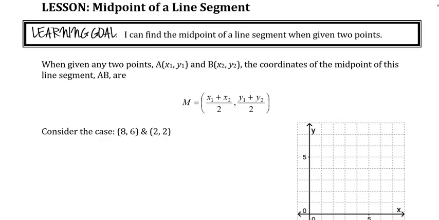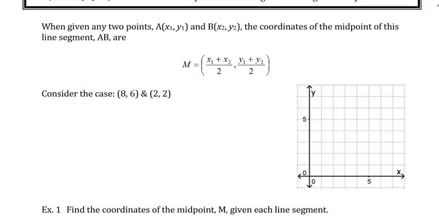So let's think about this case here. So it is (8, 5), (6, 7), (8, 6) and (2, 2). And I can draw a line between those. And if I think about, okay, so I'm going to start with the midpoint. So midpoint of, we'll say AB,